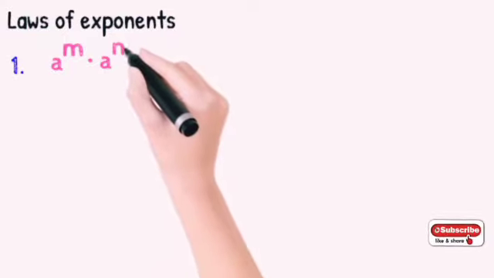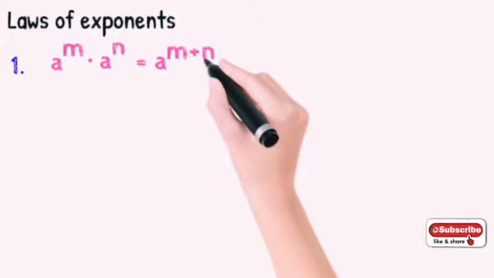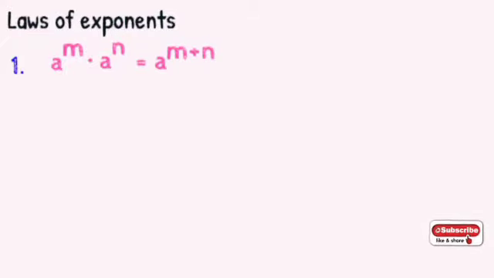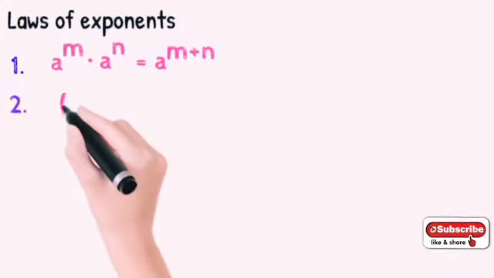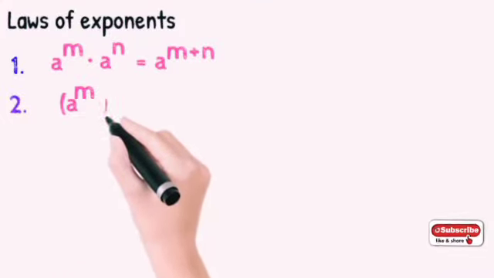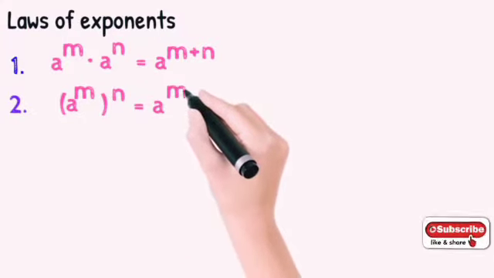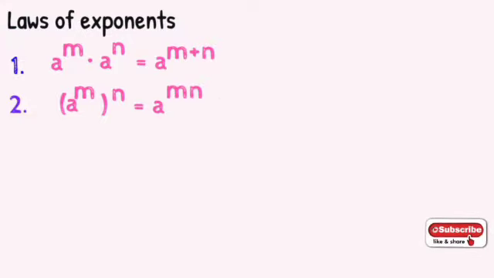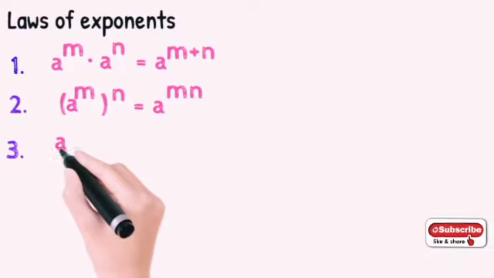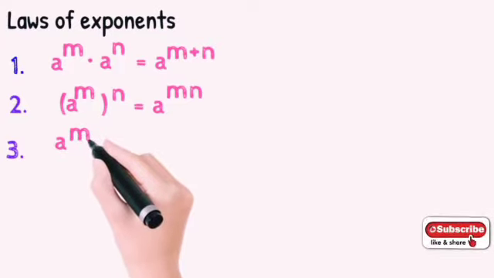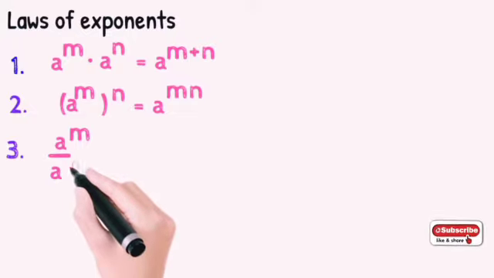Now the first says a to the power m into a to the power n is a to the power m plus n. It means when your base is same and power is different and those two numbers are in multiplication, the powers will be added. Now coming to the second one, we have a to the power m in bracket to the power n, and here m and n, which are outside the bracket, will be multiplied. It is a simple thing that you have to remember. Now come to the third one. The third law says a to the power m divided by a to the power n will give you a to the power m minus n.